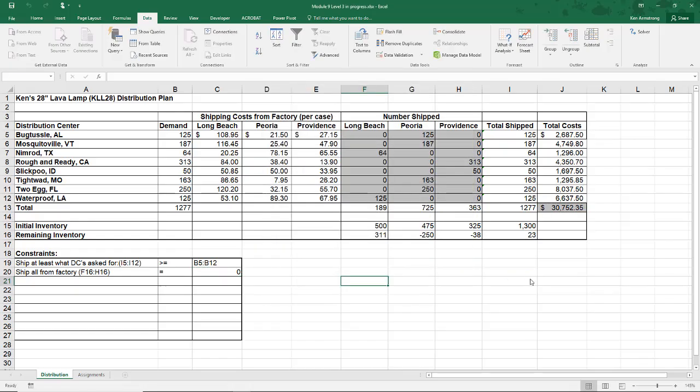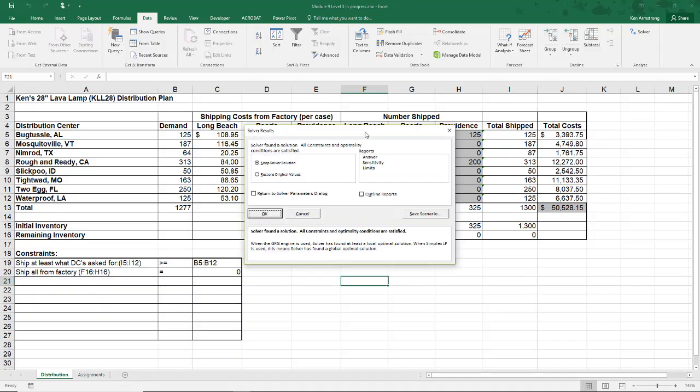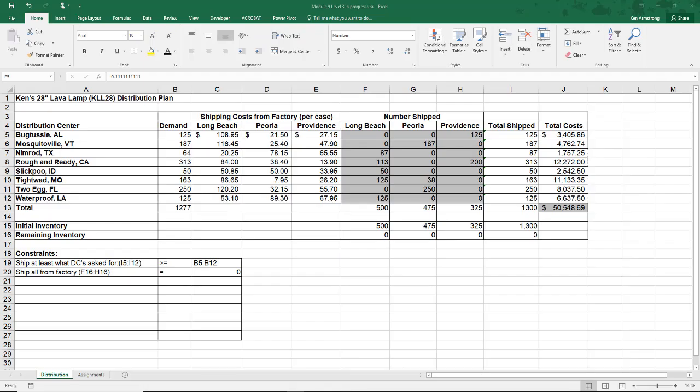Hey, it looks like it worked. Or did it? Are we done yet? If we go into these changing cells and look around, we'll almost always see some decimal values in here. Maybe even they're just minuscule, millionth of a lamp, but still, it's not a whole number. Those decimal values mean the solver calculated that in order to minimize the cost, you could ship out half of a lamp from Peoria and the other half from Providence or something like that.